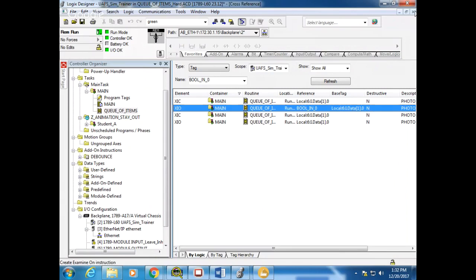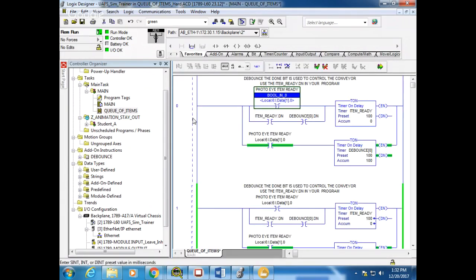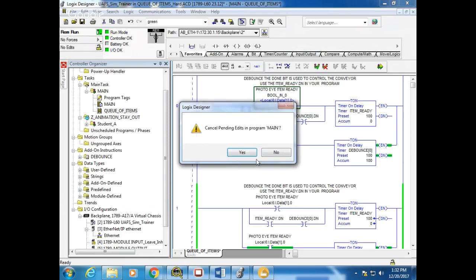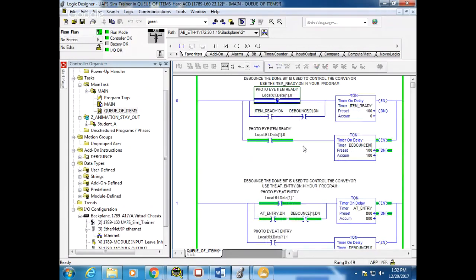Just think of it as a stand-in for something. The term suggests it is an alias for an IO point. And typically, most of your aliases are going to just alias output and input devices to the card. And so that's pretty much the spiel on alias and base tags. I'm going to go ahead and stop this, and we'll